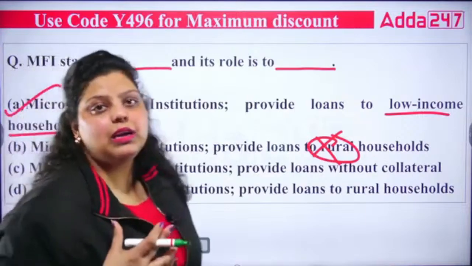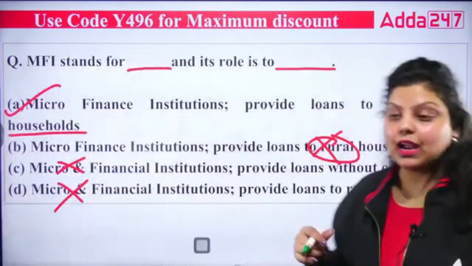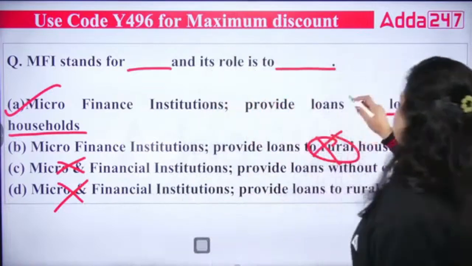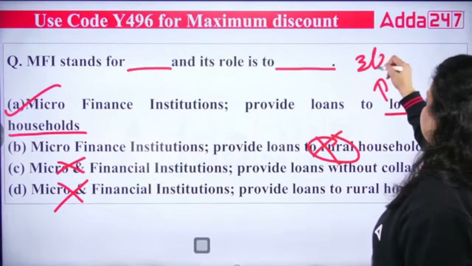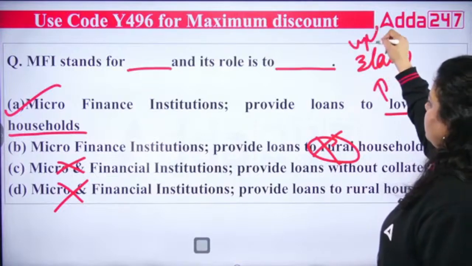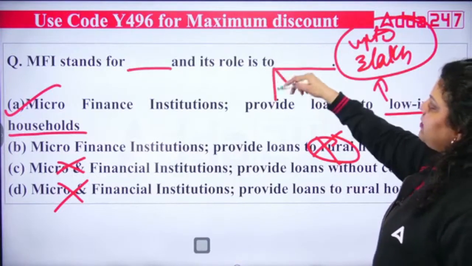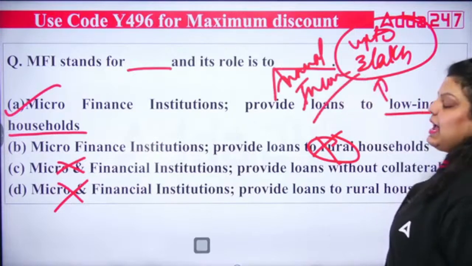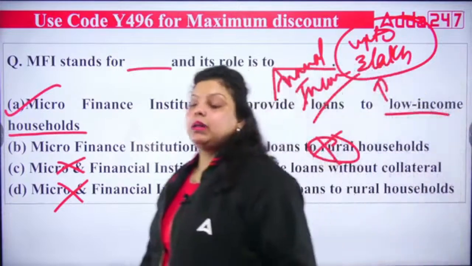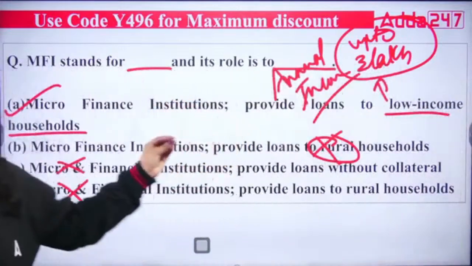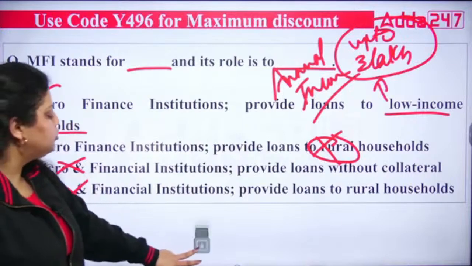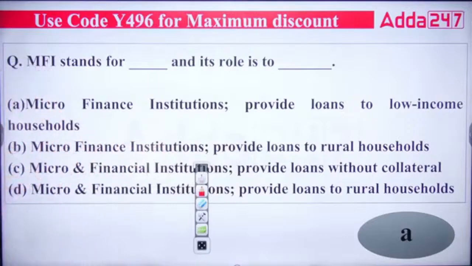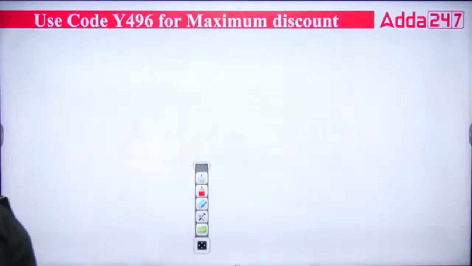Now who are low income households? To whom can we say that they are low income households? Can I call myself a low income household? So there is a criteria. The criteria is that their annual income should be up to 3 lakh, not more than that. Annual household income should be up to 3 lakh, not more than that. These people are known as low income households. Okay, and when you talk about household, it means husband and wife and their unmarried children. So the right answer here is A. Next.